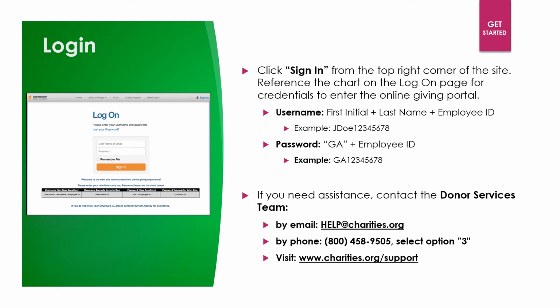Reference the chart on the logon page for credentials to enter the online giving portal. Your username is your first initial plus your last name plus your employee ID. For example, John Doe's username would be jdoe123456778. Your password is GA plus your employee ID. For example, John Doe's password would be